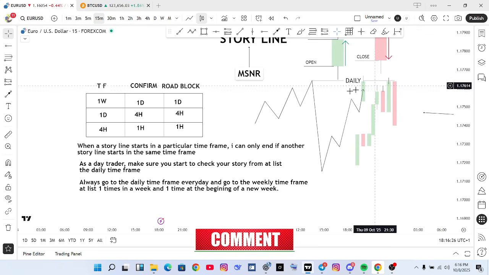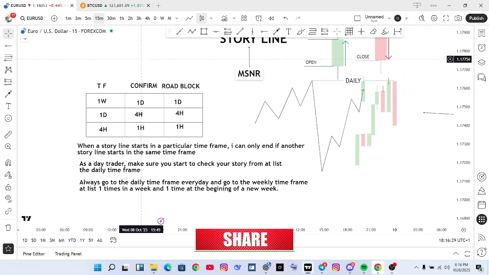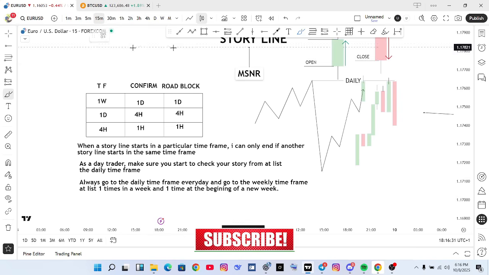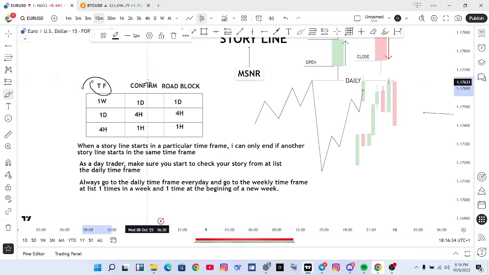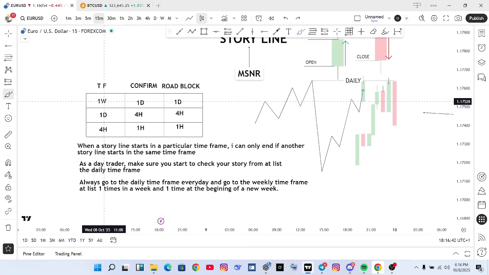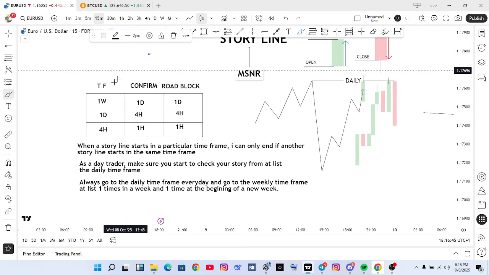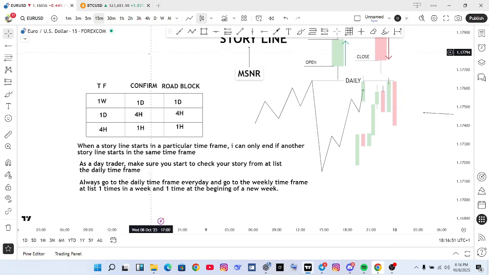Now let's talk about the time frames. This TF here is time frame. This is your confirmation time frame and roadblock. So now if a weekly storyline starts, 1W is 1 week. So if a weekly storyline starts, to confirm this weekly storyline, you need to see a break on a 1 day time frame. Okay,